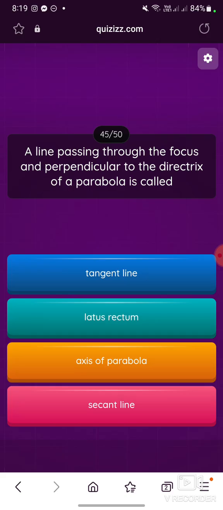A line passing through the focus and perpendicular to the directrix of a parabola is called